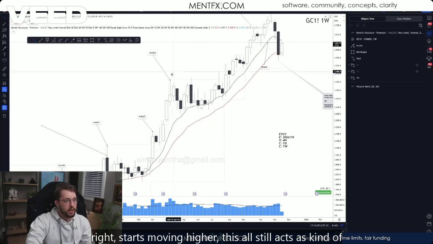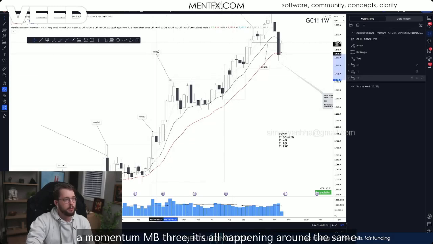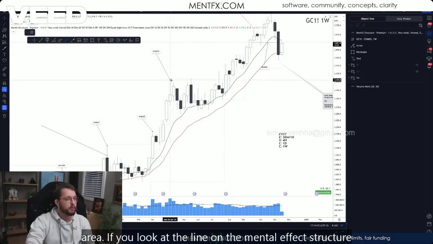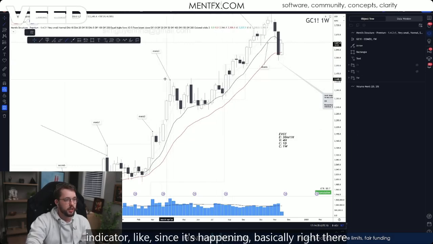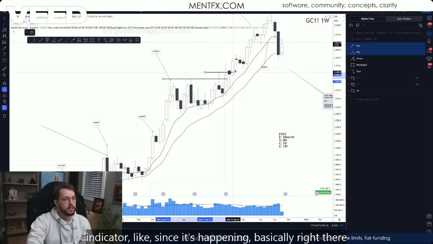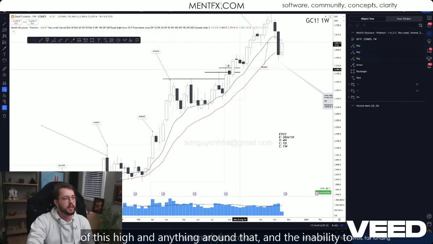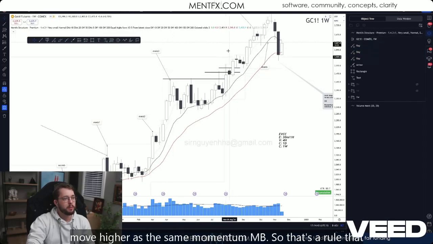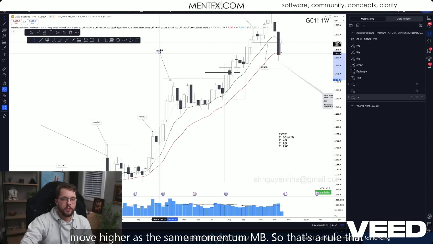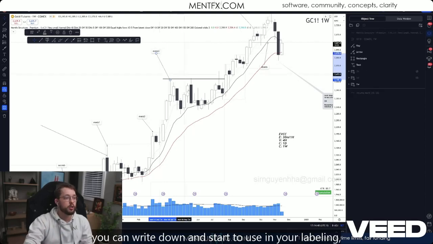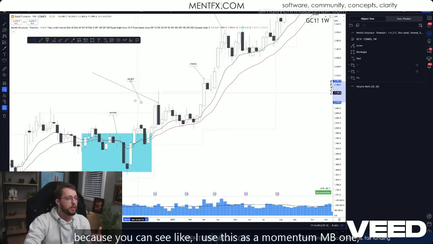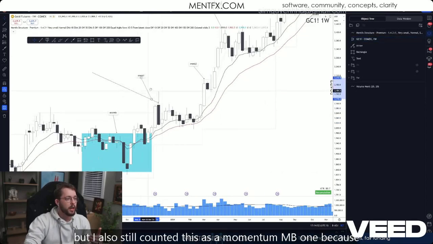Starts moving higher. This all still acts as kind of a momentum MB3. It's all happening around the same area. If you look at this gray line on the Mentifex structure indicator, since it's happening basically right there, I'm just treating all of this area here, kind of this high and anything around that, and the inability to move higher as the same momentum MB. So that's a rule that you can write down and start to use in your labeling, because you can see like I use this as a momentum MB1, but I also still counted this as a momentum MB1 because of